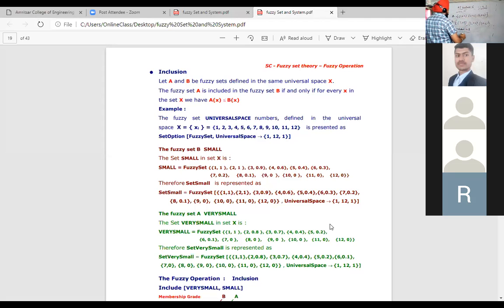It is also one property: if A is included in B, then it is not sure that B is also included in A until or unless they are equal. अगर ये भी 0.2, यहाँ भी 0.2 हो, ये 0.3 है यहाँ भी 0.3 है, यहाँ पे 0.4 है और यहाँ भी 0.4 है, तो then क्या होगा, A is included in B and B is included in A. Clear? So because it is less than or equal to. So if the degree of membership is less than or equal to the corresponding degree of membership in another set, then we say it is included.